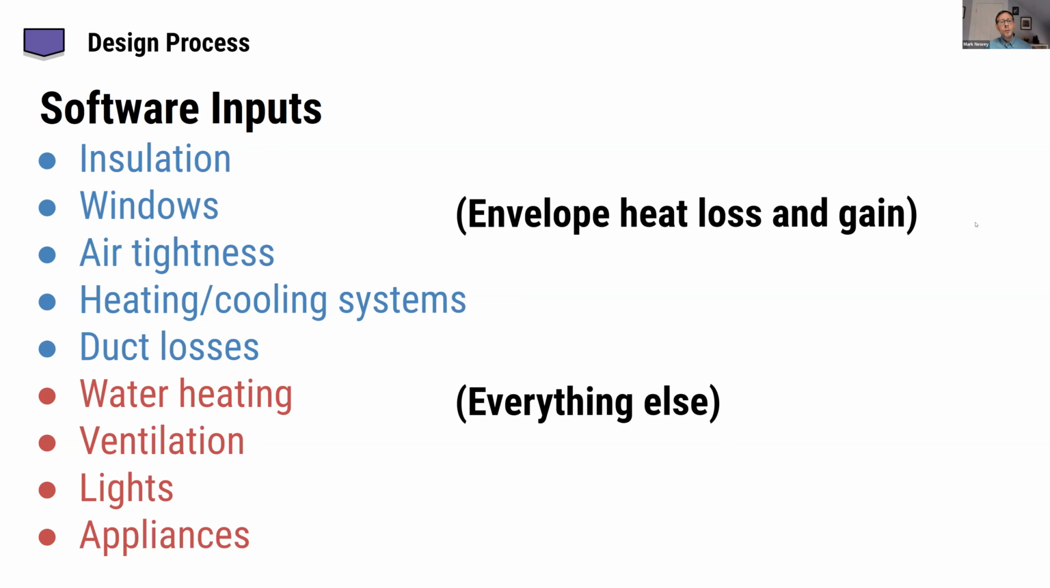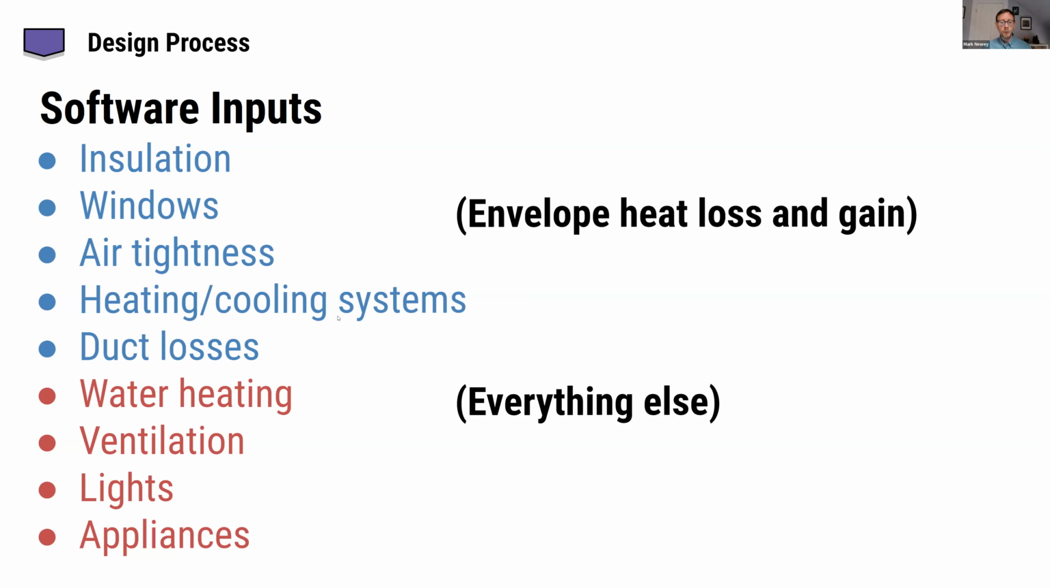And one thing you find is that in single-family homes, you have a fairly large space used by a small number of people with a lot of surface area. And so in single-family homes, these blue items, the envelope heat loss and gain, tend to dominate, and it's really important to do a really good job on those blue items. Not to say you can ignore the other ones, they also are important, but